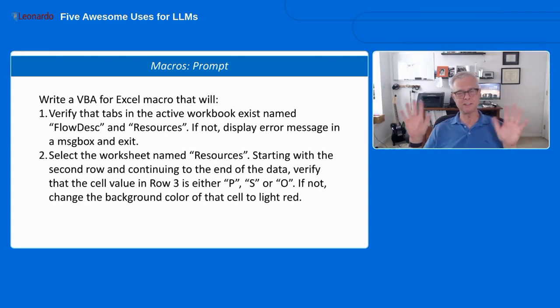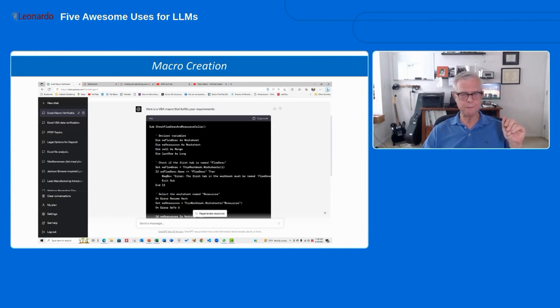Now, there's a lot of stuff to check for. This is just one thing, but it'll generate the code kind of like this. Next example, it'll generate the code, and there's a little button that says copy code right here. So you just copy the code, paste it into Excel, and you're done. So even if you know VBA, well, first of all, if you don't know VBA, it's going to write the code for you.